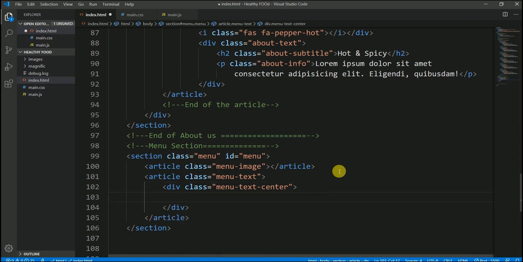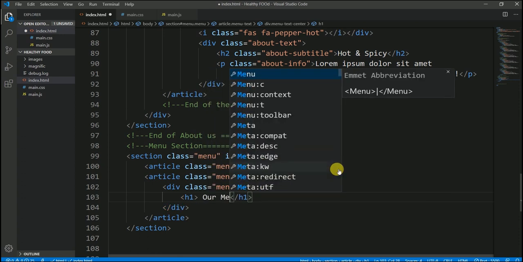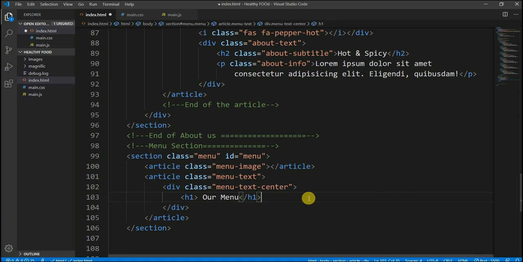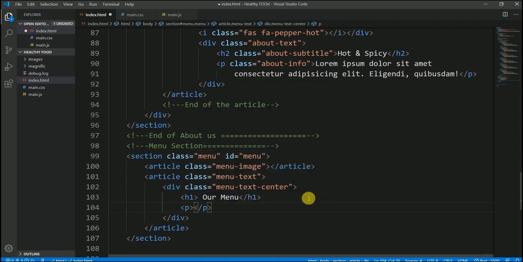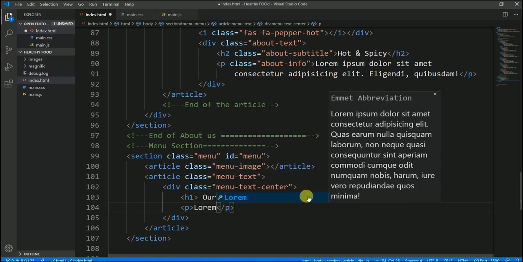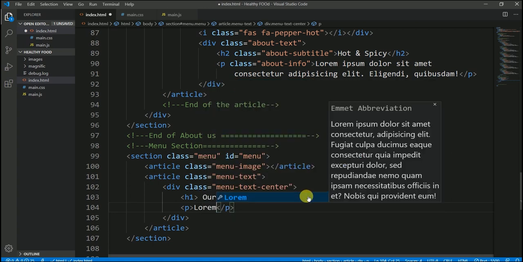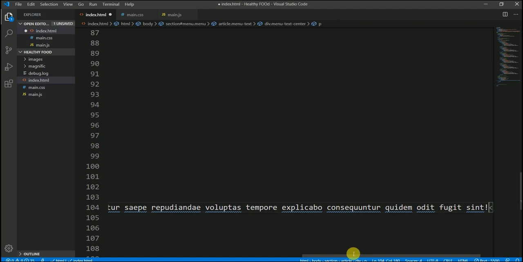Within this div I would like to go with the heading 1, and I'm saying our menu. Then I would like to go with the paragraph element, and I'm going to have a paragraph of 20 words. So for that,